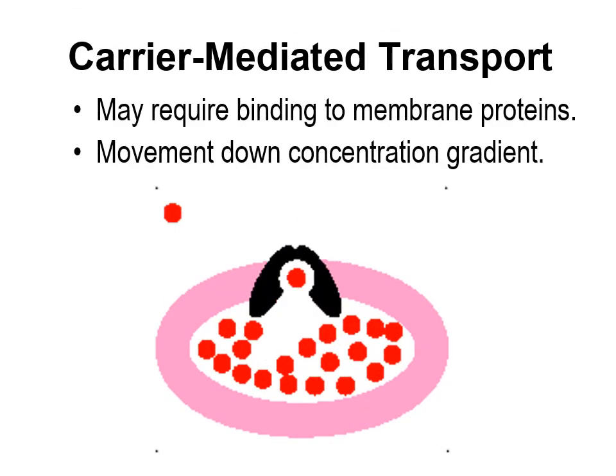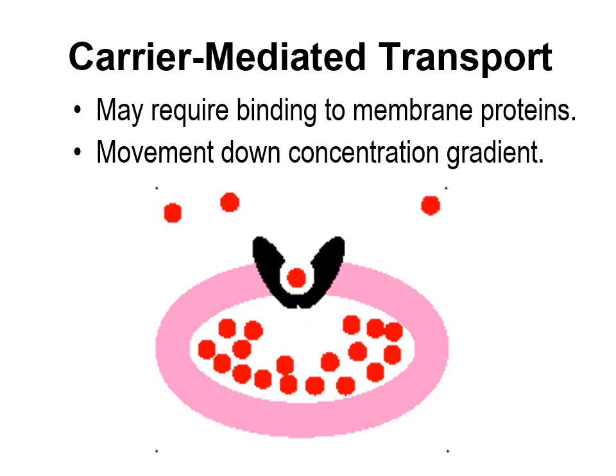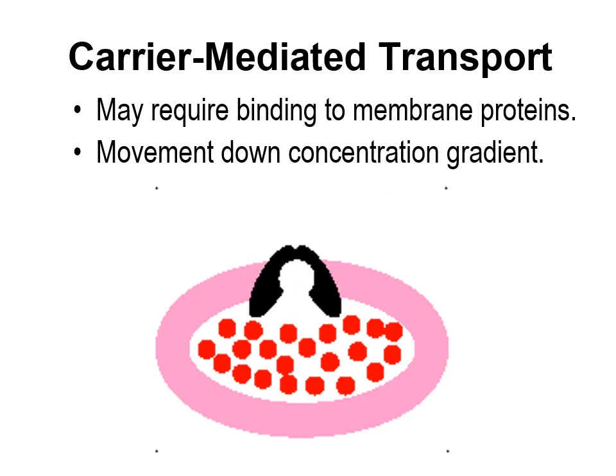In some cases of facilitated diffusion, the membrane protein must bind the solute in order to facilitate its crossing the membrane. The carrier can transport the solute in either direction, so what determines the net movement, or diffusion, is the direction of the concentration gradient. Glucose is transported across membranes via this carrier-mediated transport.